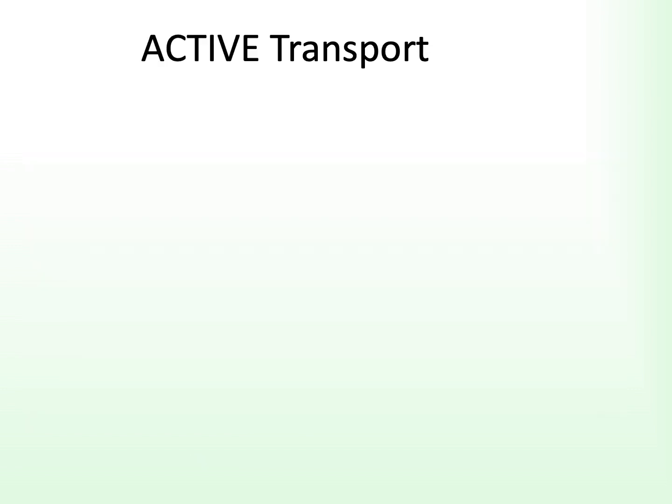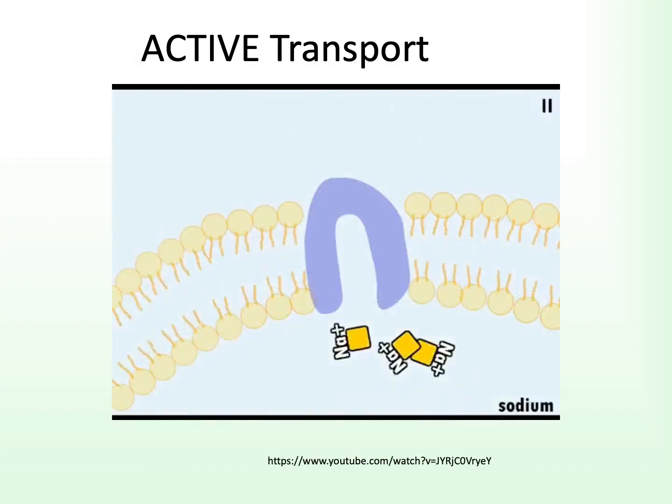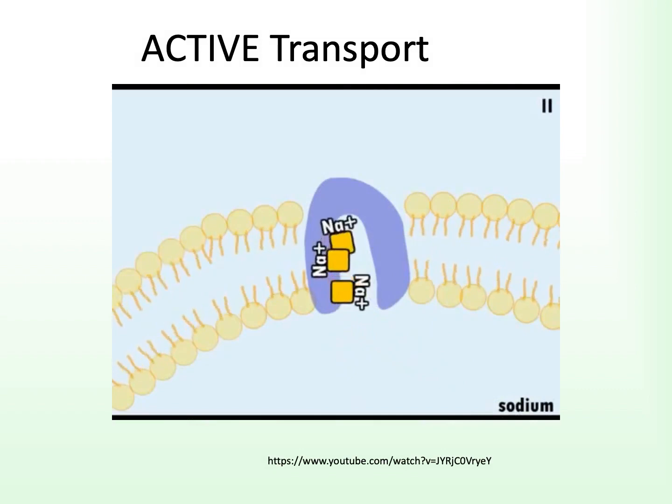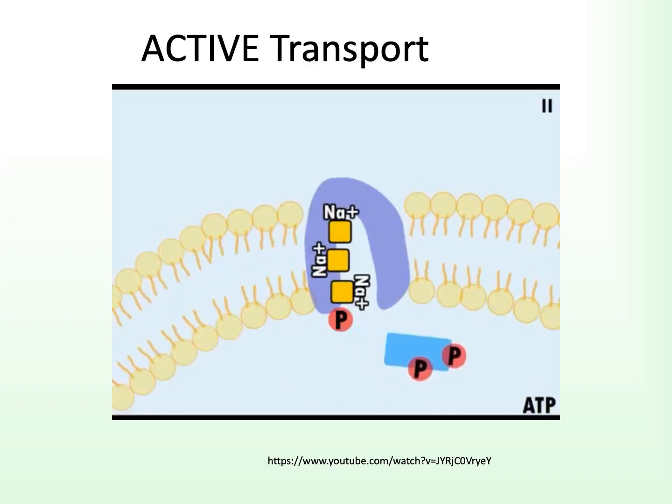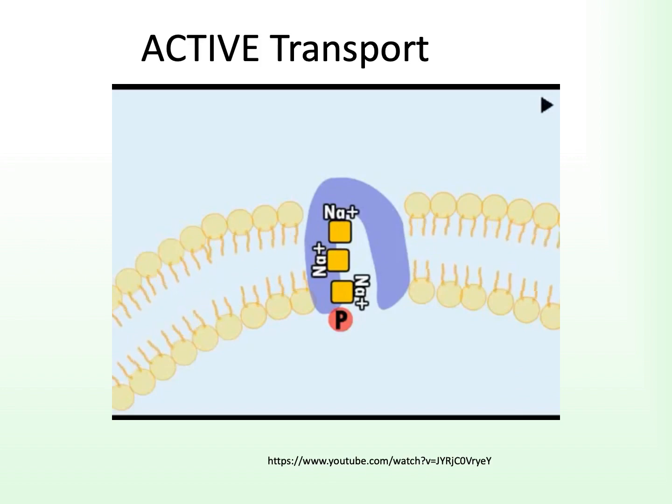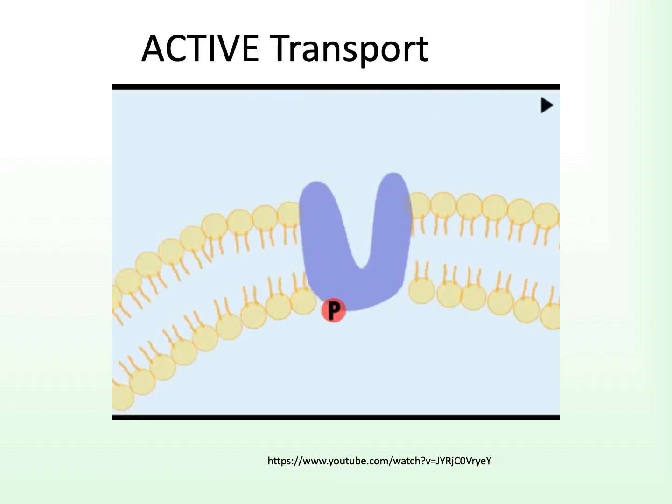The other type is active transportation. In active transportation, we're actually going to be utilizing the ATP molecule to go ahead and phosphorylate or kinase the transport protein in order to move ions, in particular sodium and potassium, which is the most common of these active transporters. So what we do is we see 3 sodium ions lock onto the transporter. What this does is this opens up a binding site for the ATP. When an ATP binds on, it strips one of the phosphates, which energizes the protein, causing the protein to do